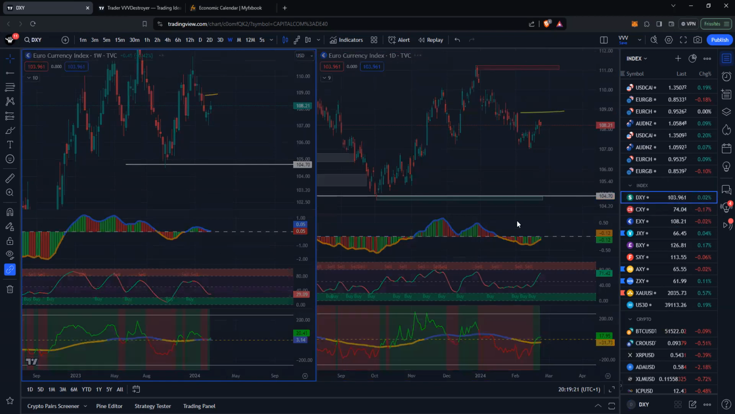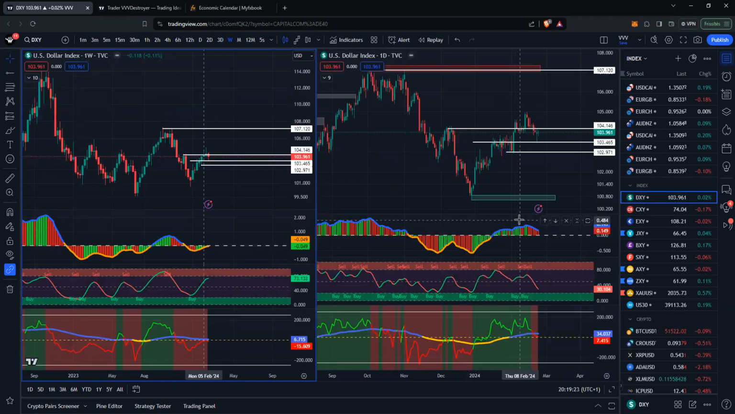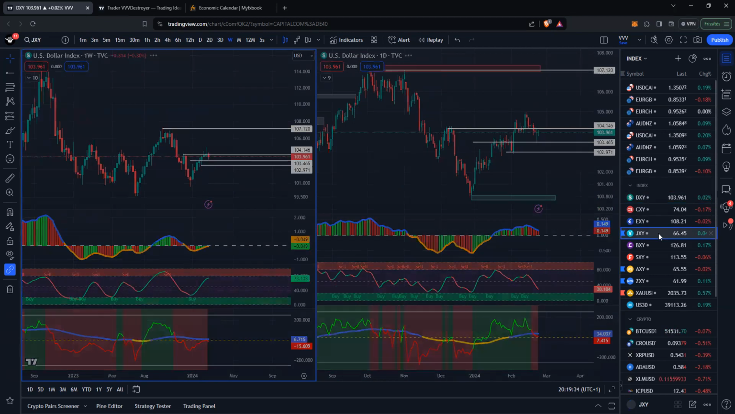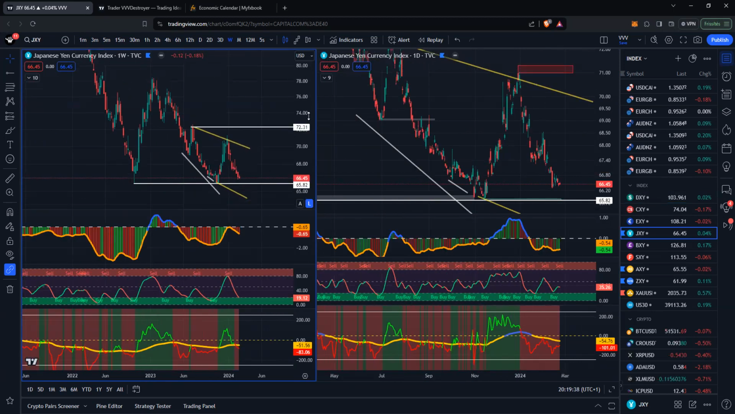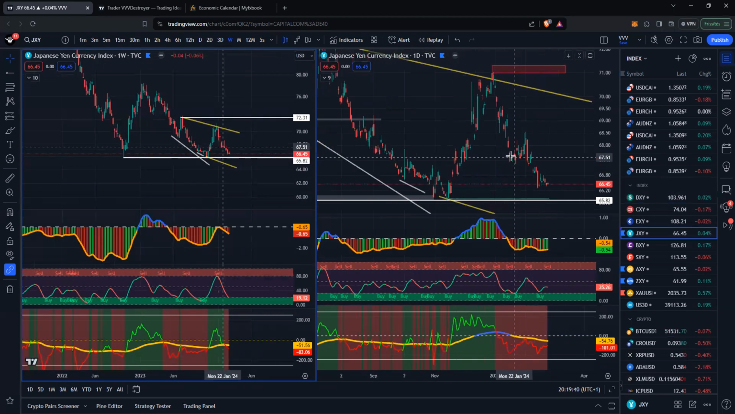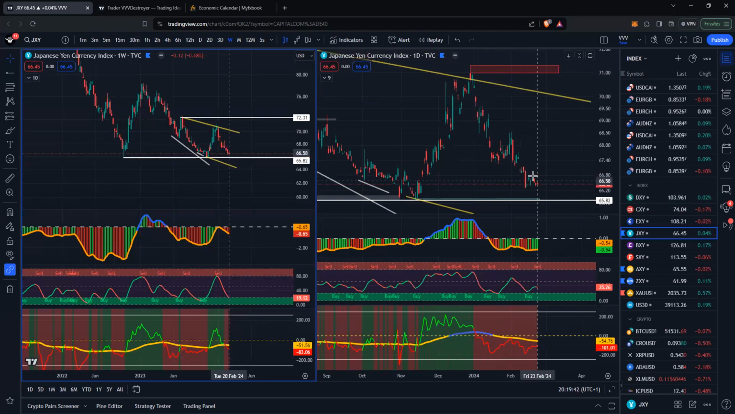on the DXY. So you see this whole picture just doesn't match. Okay. But on the other side, the XY made a beautiful move to the downside, and still nothing really happened